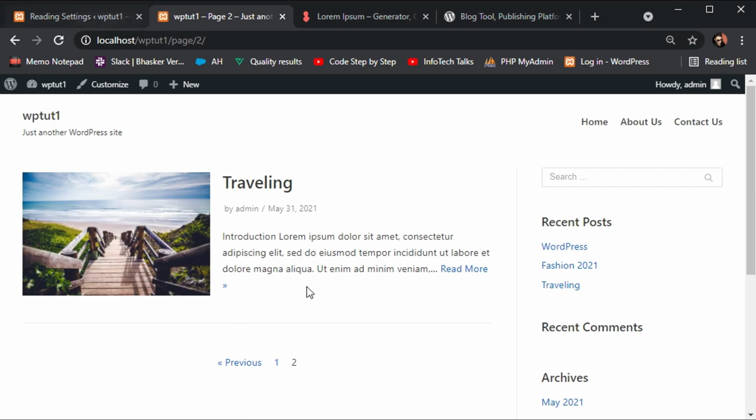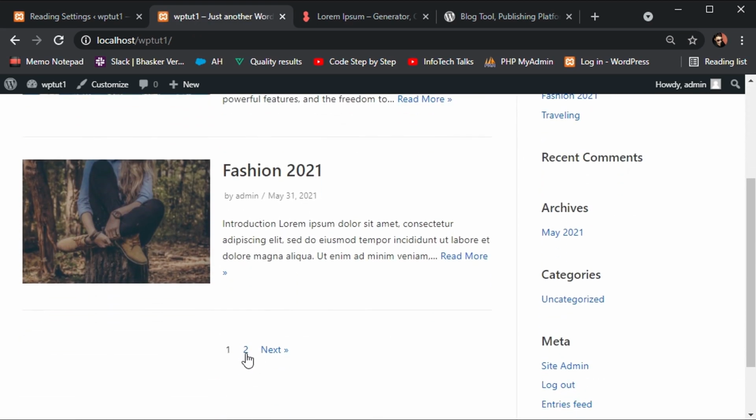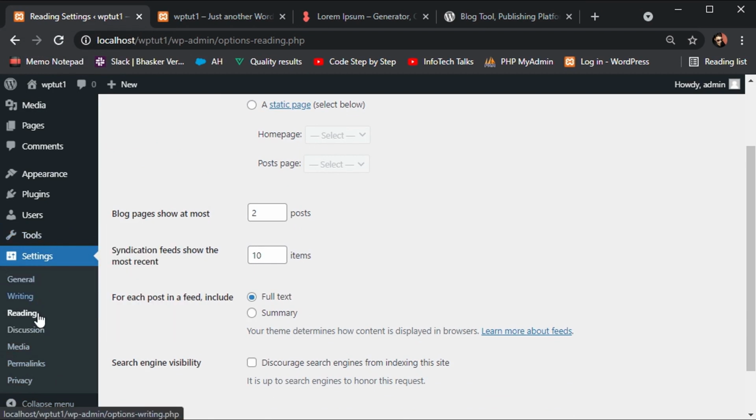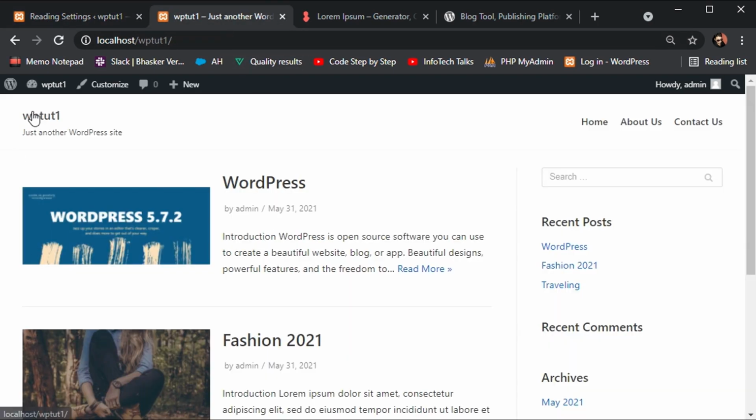So this was the reason it is giving me the option to toggle next or previous, or click on the available pages. This is how you can set the limit: click on Settings, then Reading, and then you can set the number of posts here. Okay, and the other thing I want to discuss was how to change this layout, the way the blog page is displaying the posts. So click on Customize,